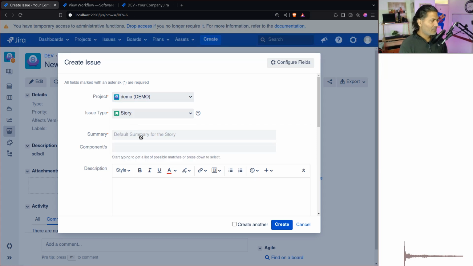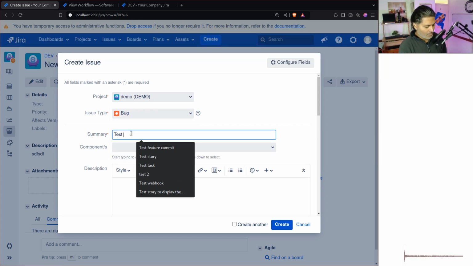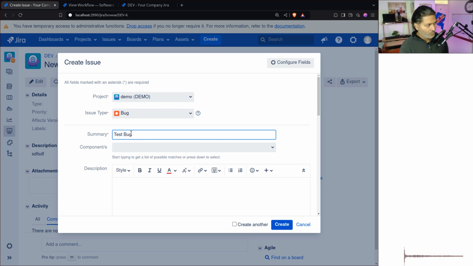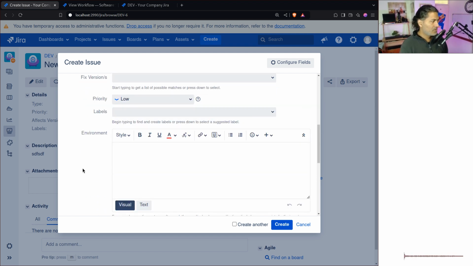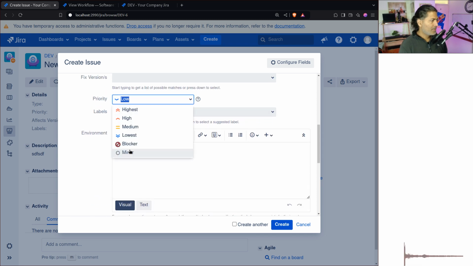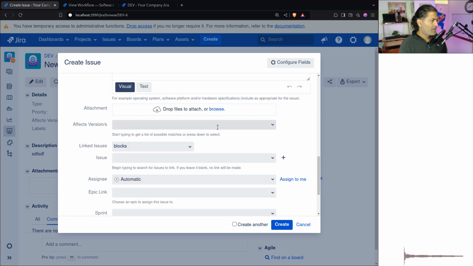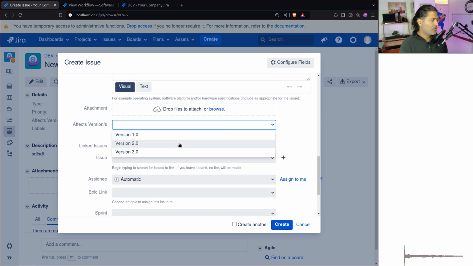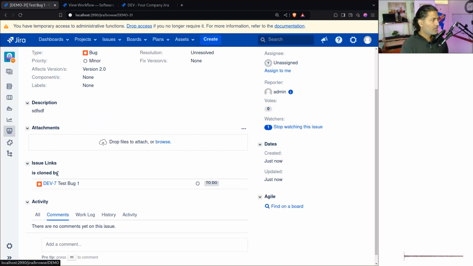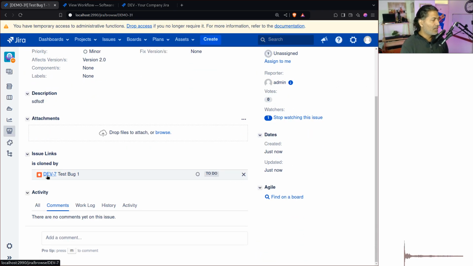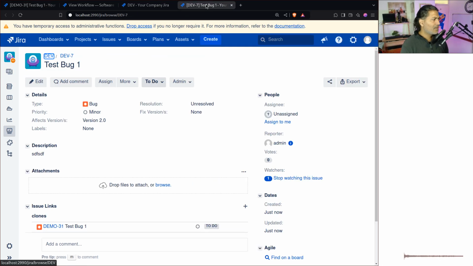All right, let us do it again. Why not? Demo, test bug 1, with a description, priority minor, and affected version version 2. So if I go to the bug, we have a linked issue which is created instantly, and now the version is there because we